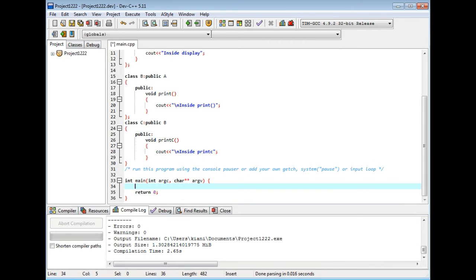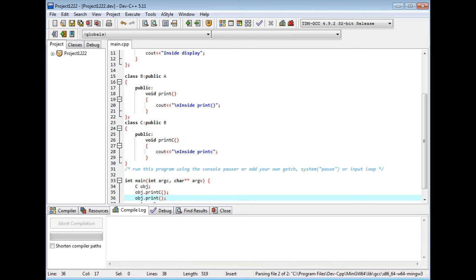Okay, and we make the object of C, obj, obj dot print C. Okay, now obj dot print C and obj dot print. Okay, these two functions. Print is class B function. Let's see.